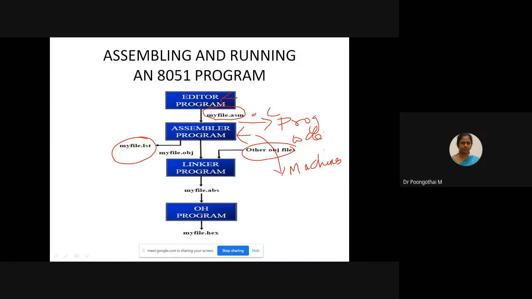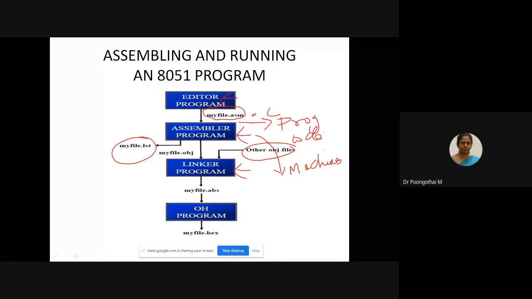And next, assembly requires a third step called linking. This component is called the linker software module. This program takes one or more object files and produces an absolute file with the extension .abs. This file is mainly for monitoring your program.